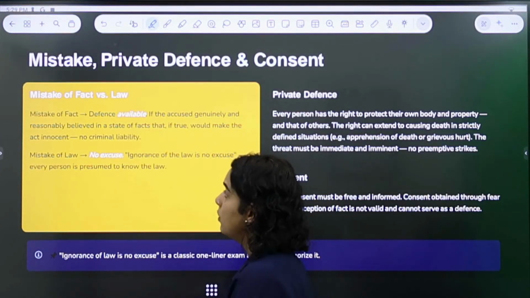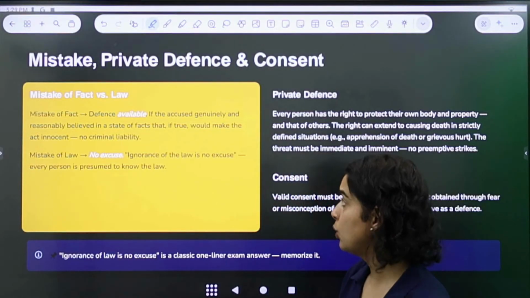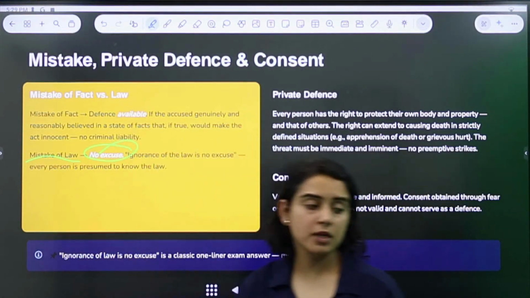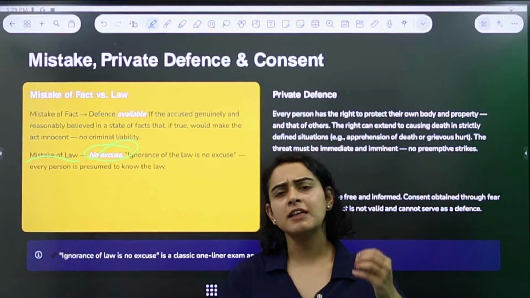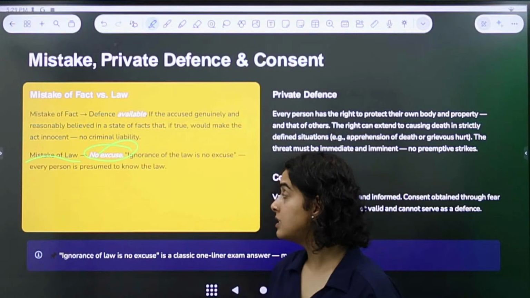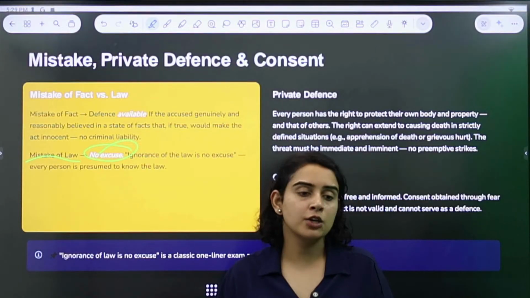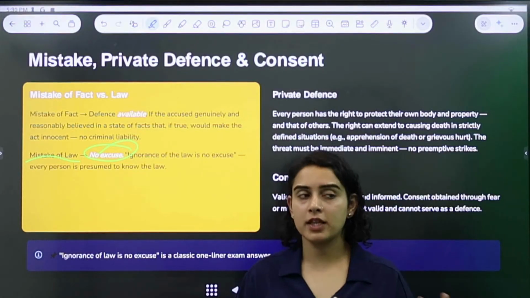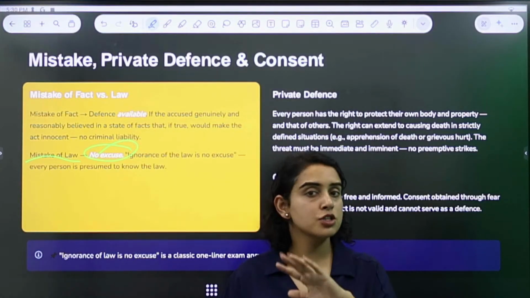Okay, so now about mistake. Mistake of fact is a defense that is available with you, but mistake of law is no excuse. So criminal law says that if you were mistaken about a fact, and any factual information, if you have mistaken, then that's allowed. But now, let's say you say that okay, I was not aware that this is a law. Let's say you are in India and you've been caught consuming drugs. You cannot say that I was not aware that drug consumption is illegal in India. Ignorance of law is no defense.